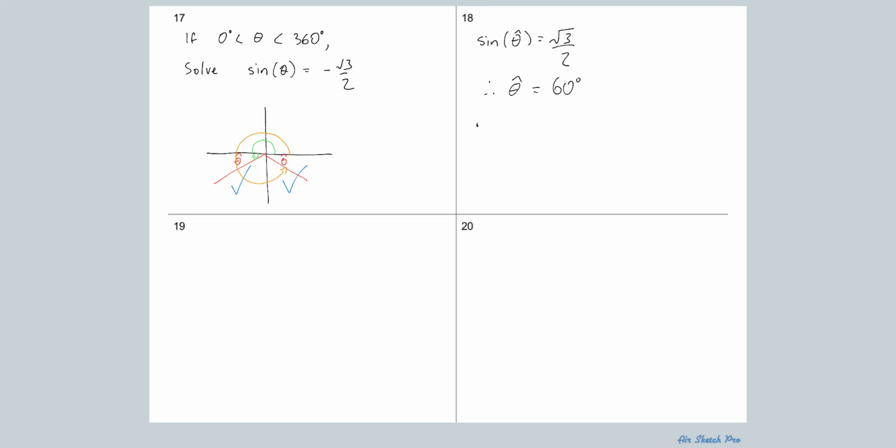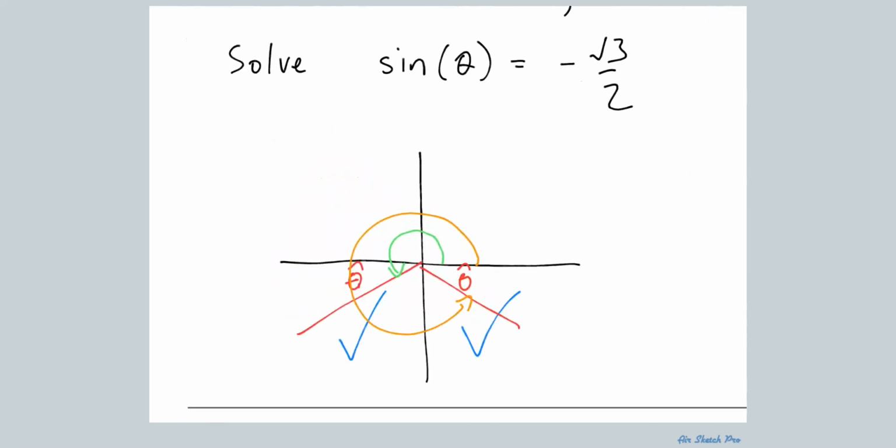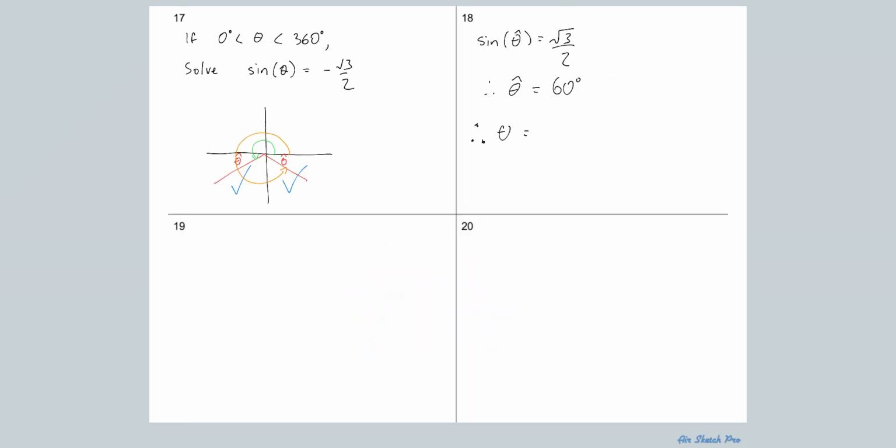So therefore, theta, and this is why drawing this diagram is really helpful, because you've done the thinking about where theta will be, and then the next bit is you just referring back to the diagram to get it. I'll zoom up so you can see what I'm talking about. I now know that this is 60 degrees. So now if I follow my green, it's going to be 180 plus another 60. You could just do this in your head obviously, but I'll do it for the purpose of the notes. 180 plus 60, which equals 240 degrees,